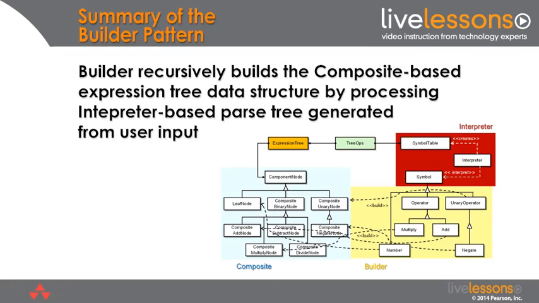So to summarize the builder pattern, Builder recursively builds a composite-based expression tree data structure by processing the interpreter-based parse tree generated from the user input. As you see in this diagram, one of the powerful things about what we're doing here is we're actually combining together multiple patterns to form a pattern sequence. We're using interpreter to read the input in, convert it into a parse tree. We're combining that with Builder in order to be able to create an expression tree from the parse tree. And what Builder is creating is actually a composite. So these are examples of patterns that are